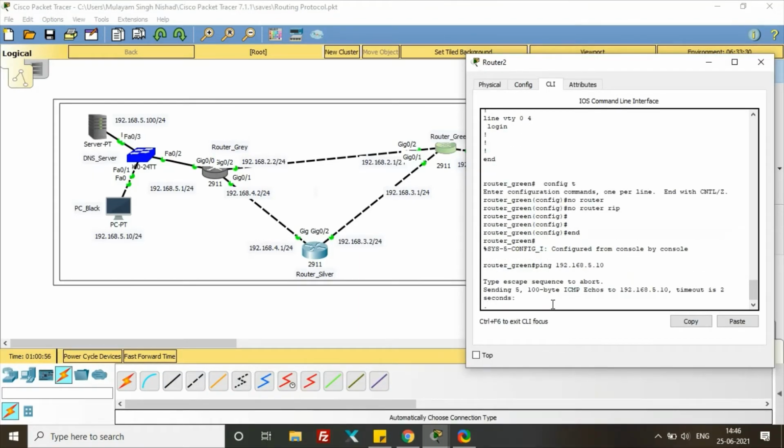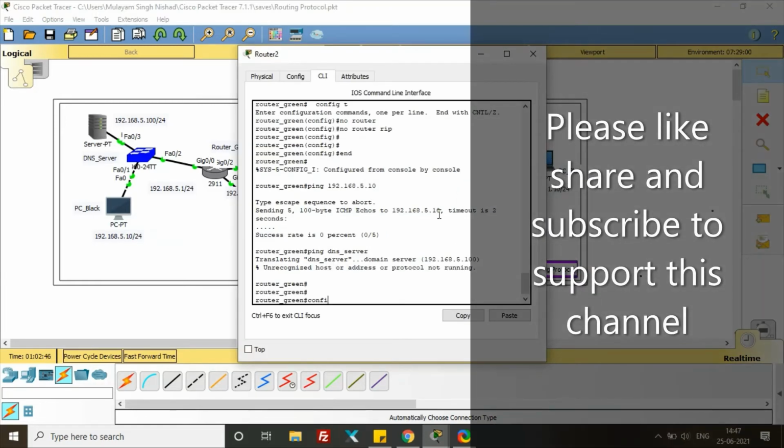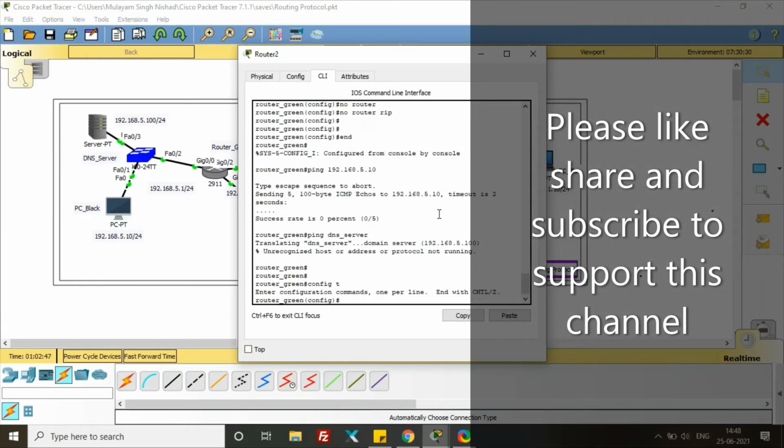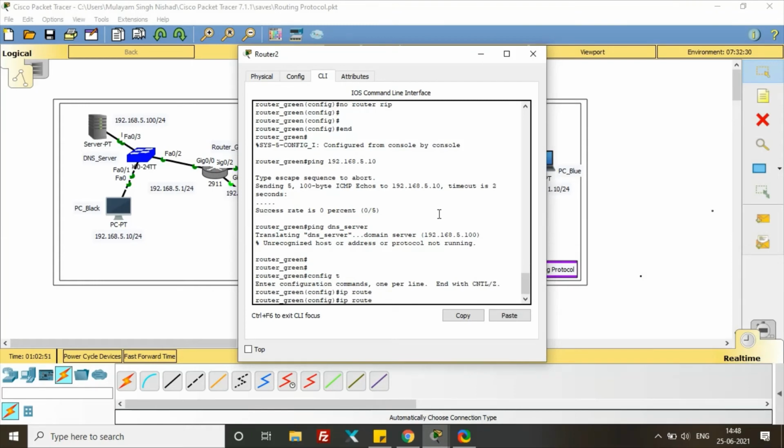You can see you cannot ping this PC's IP address, because it is not a directly connected device, and you need a routing protocol to ping it successfully. Config terminal, then ip route and the route for the destination.